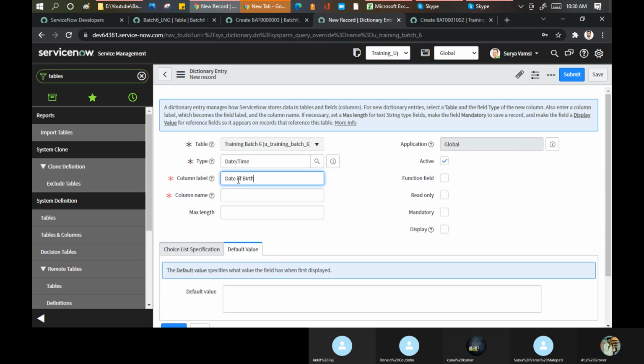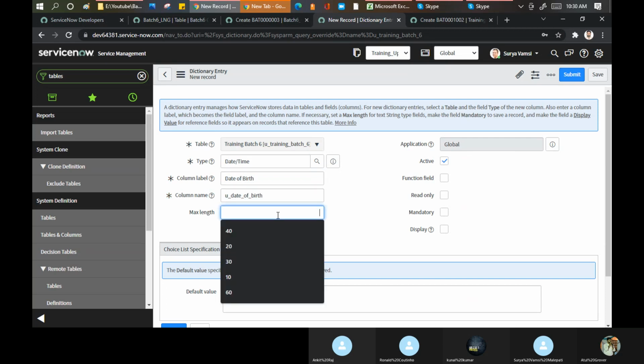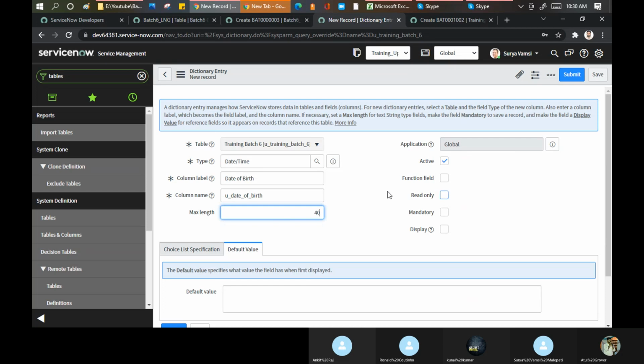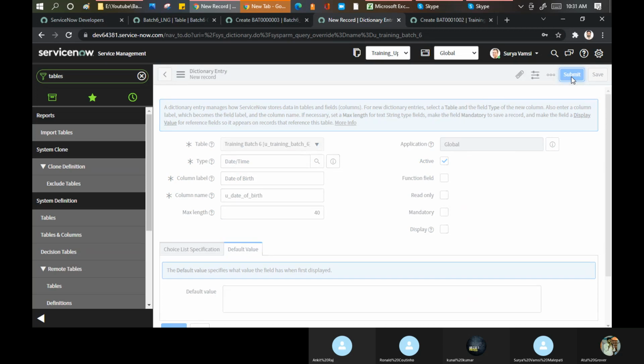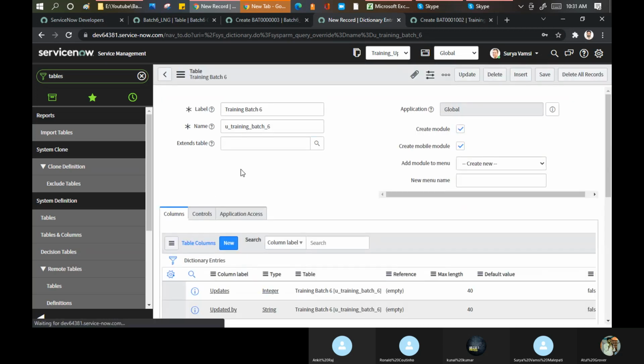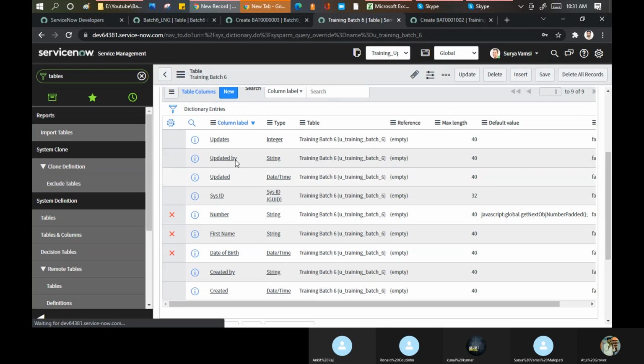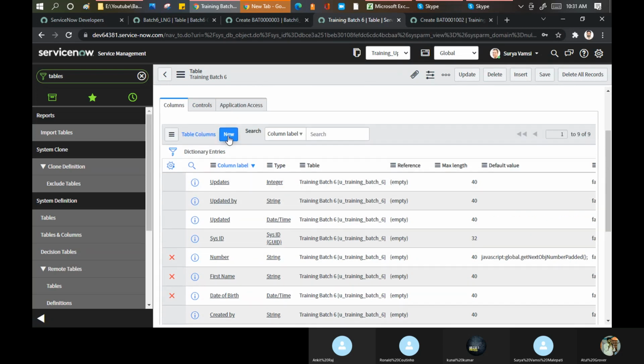Date of birth. Maximum I want 40. Okay, I'm just saving it. Let me submit this. I'll create one more column. Okay, so we're done with the normal, we're done with the date and time. Now we'll create a reference.